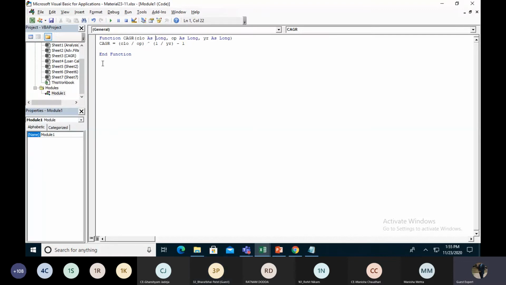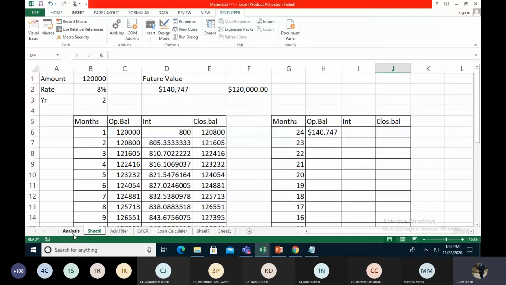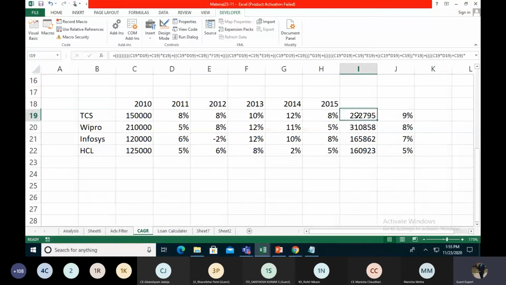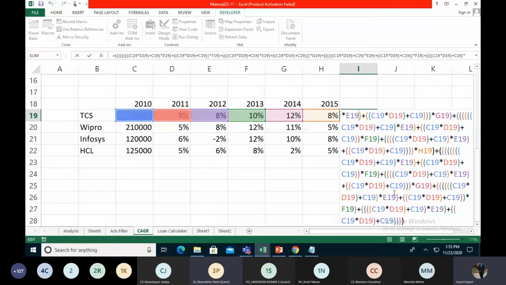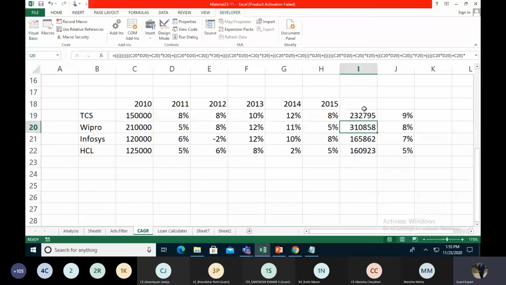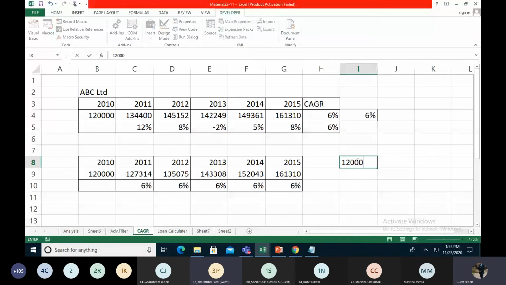Yes, I hear you. Can I write multiple functions with different, okay, I am talking about... Definitely. Right now, many functions can go in a module. This is a module right now. You can make many functions over here, not just one function. I have to create another function over here as well, like I'm taking the CAGR. I want to create the closing balance function. This is one of the functions, only one function, CAGR I'm talking about, not multiple functions. Now we are creating another function as well, like a GST function. I'm not talking about different functions. I am talking about the same function multiple times.